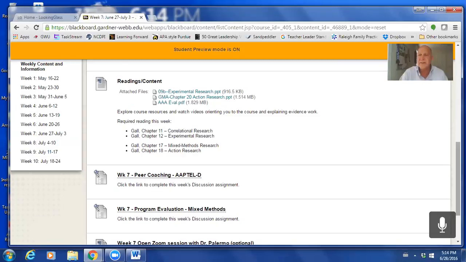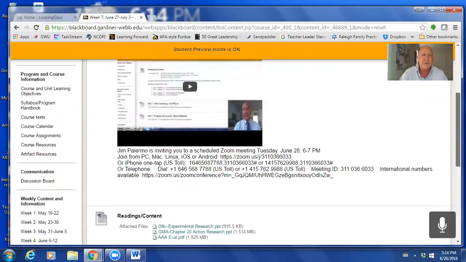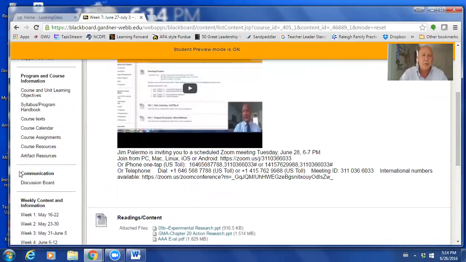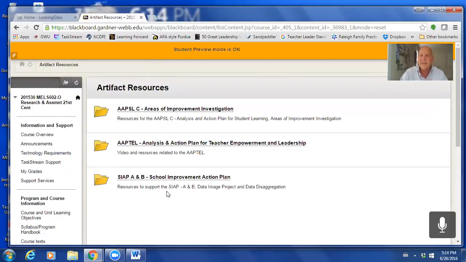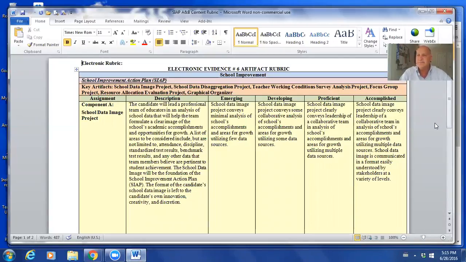Let me talk a little bit about the SciApp, and then maybe that will raise some questions too. Soon, y'all will be wrapping up the action plan for the APTEL, and then there are a couple of other projects to do. This SciApp, A and B, is the school improvement action plan, and I hope if you're involved in school improvement at your school that you have access to the kinds of data that are required for SciApp A and B. I know some folks aren't going to want to hear about what happens in Wake County, but